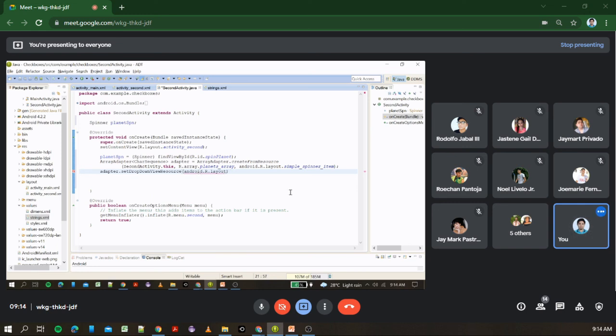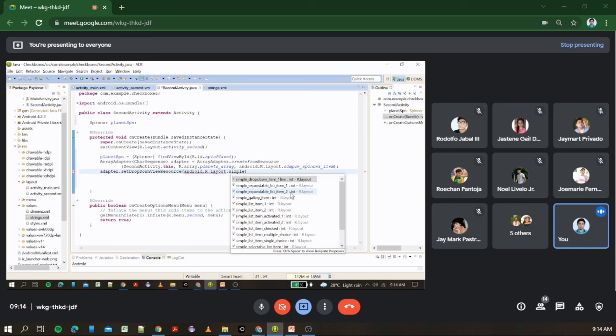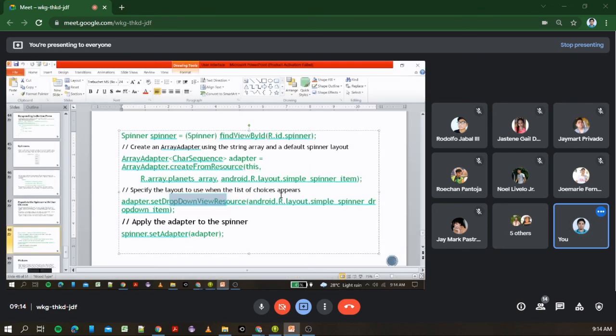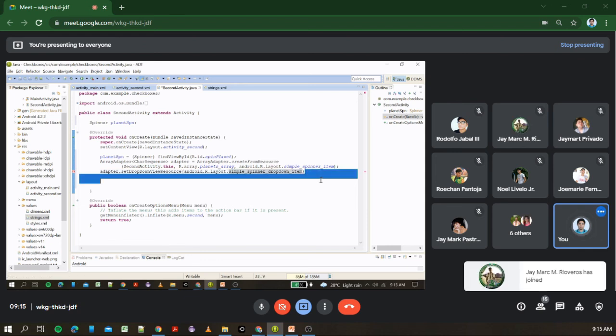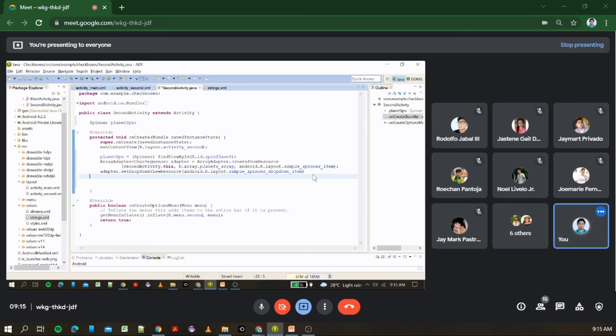Simple underscore spinner underscore drop-down underscore item. Spinner muna pala. Ayan. So, ito yon. Double click on that. Then, semicolon. Okay. Ayan. Then, after my specific